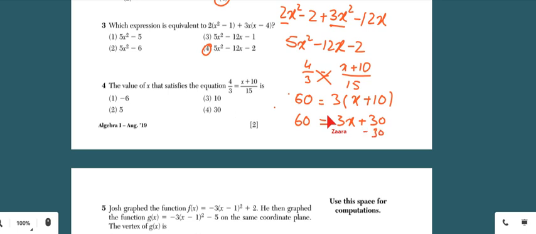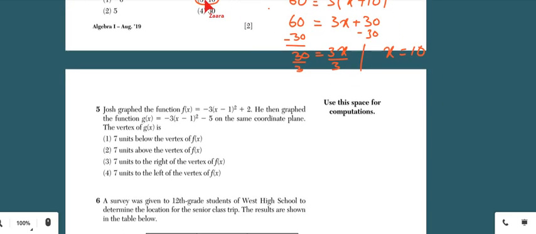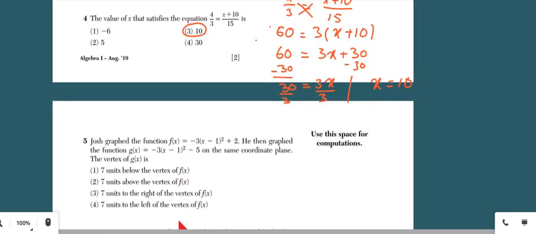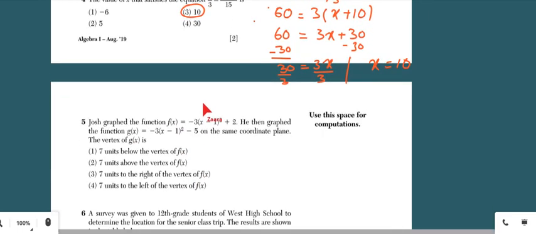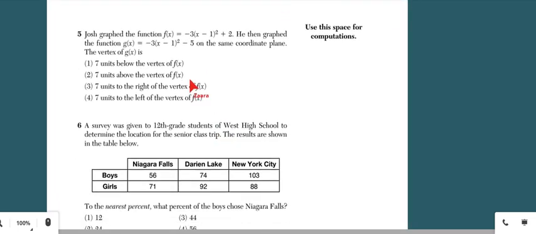So by doing that, when we subtract 30 from 60, we will get 30, which equals 3x. And then divide both sides by 3. So x will become equal to 10. So option 3 is the right answer. Okay. And in the next question, what